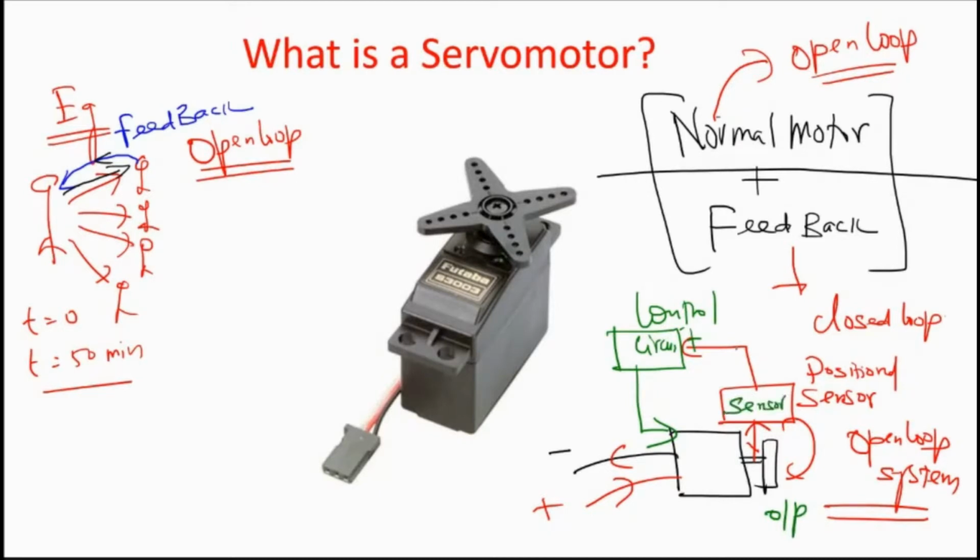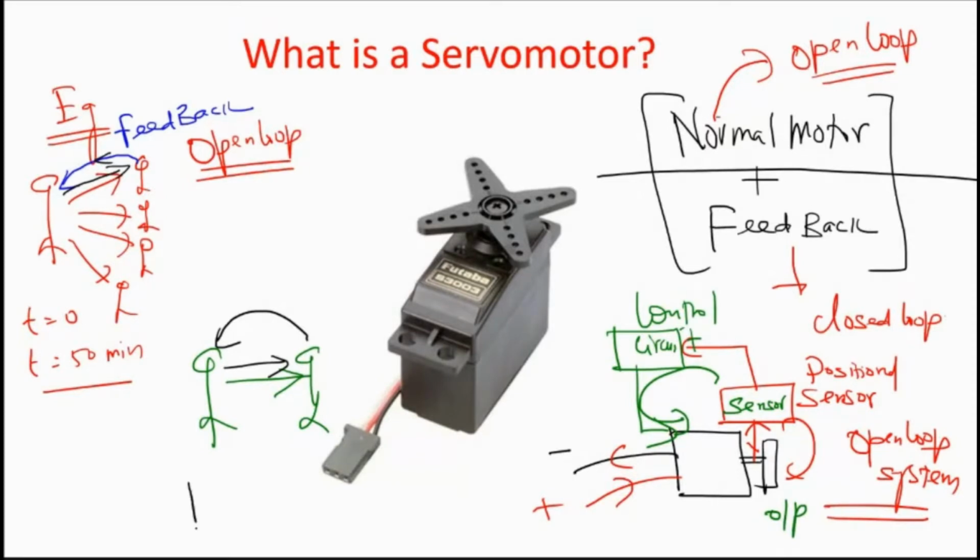The sensed output is given to a control circuit. The control circuit corrects the motor for a desired output. So this is called a closed loop system. The system is closed. Just like a teacher and a student, the teacher first gives the input to the student. The student gives the feedback to the teacher. The teacher has the control circuit and then he adjusts the output that is going to the student again.